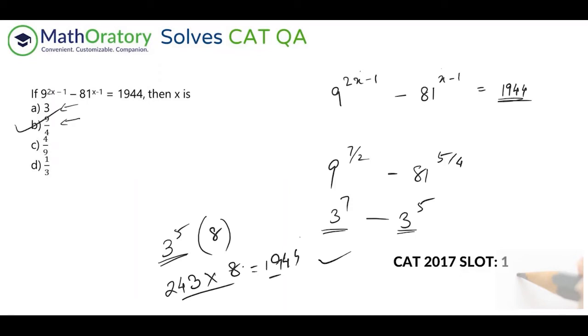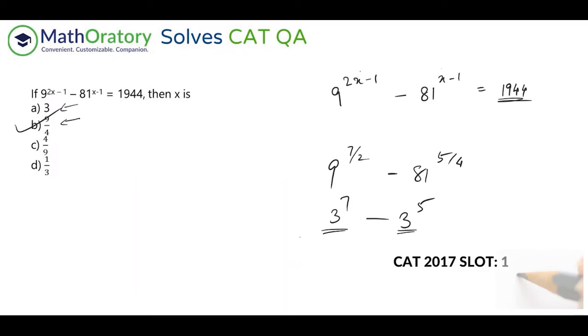Now coming to the solving approach, that is not very tough to do. You can actually solve it, but I'll just mention this once more. The first time I solved this problem, I did not take this slot in CAT. I took the second slot in CAT 2017. But the first slot, when I was going through the paper, I looked at this question. I straight away eliminated 4 by 9, 1 by 3 using that idea that I talked about initially. I know using 3, this will create a lot of disparity. You cannot have close numbers, so eliminate 3.